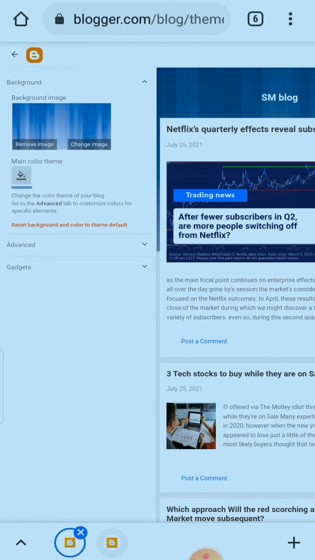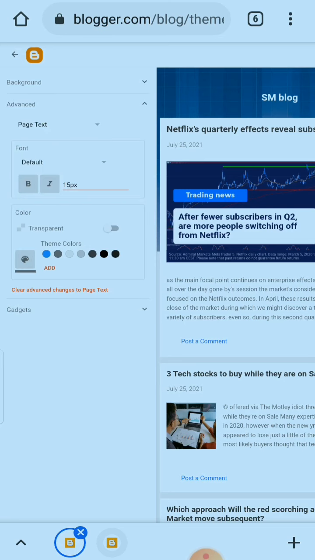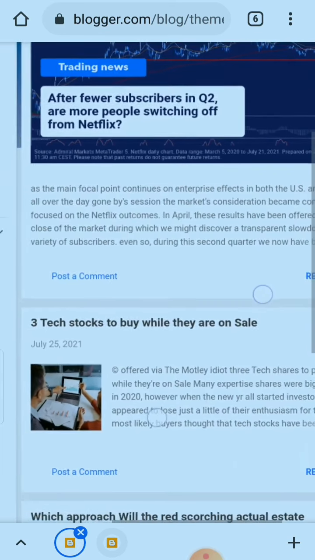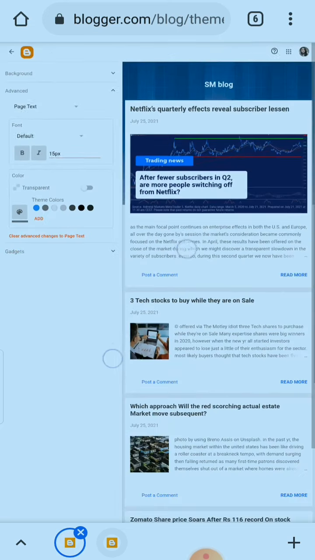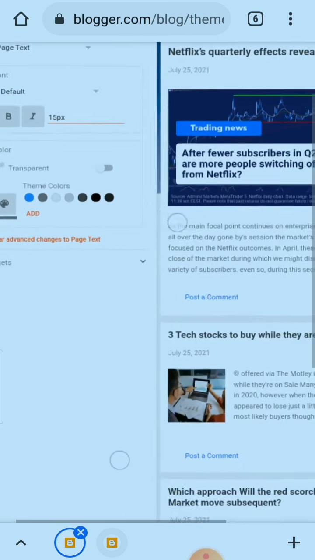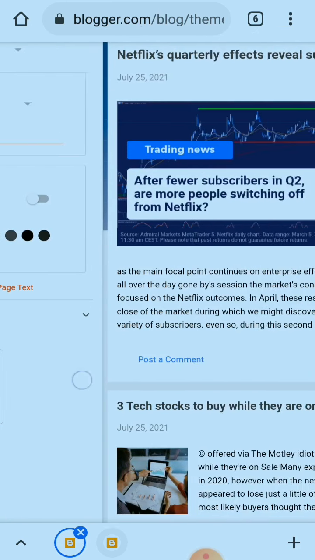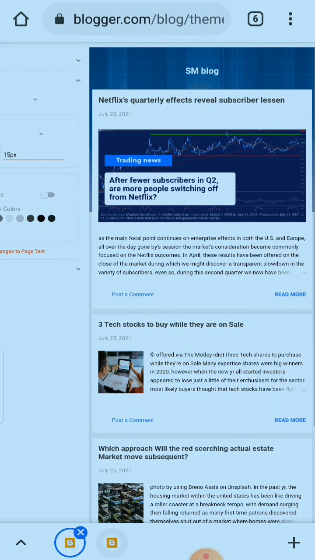So let's do the other settings. So first thing you need to do is choosing your header, because you are going to do the remaining customization according to this one. So in the advanced section, the page text, make sure you are watching, this is a very light black color, so I am making changes here, converting it into dark black color. Yes, you're watching how this is looking good.